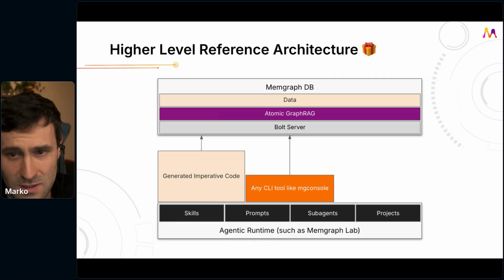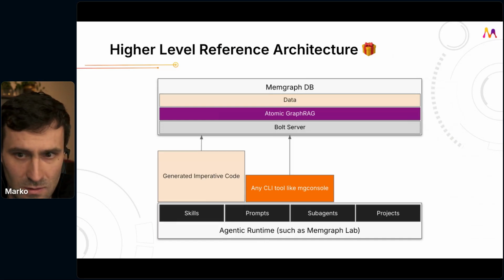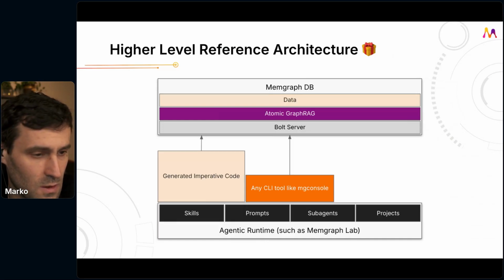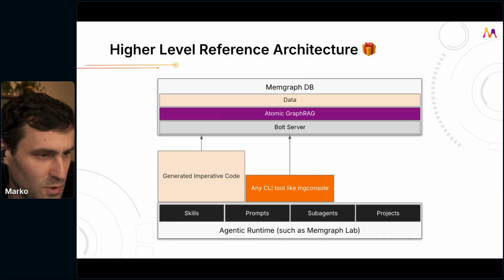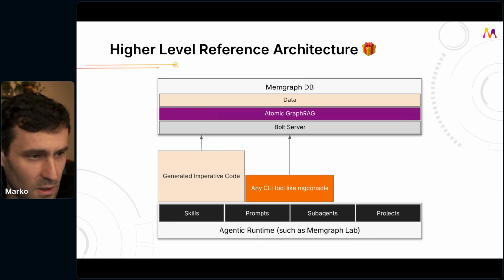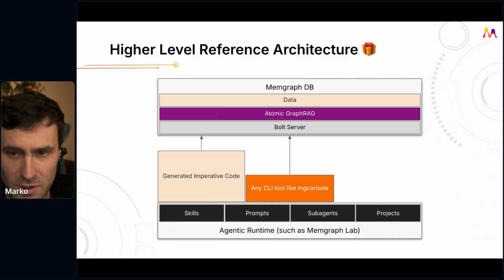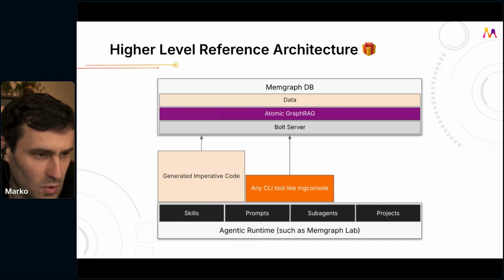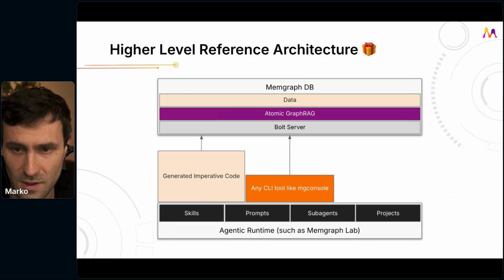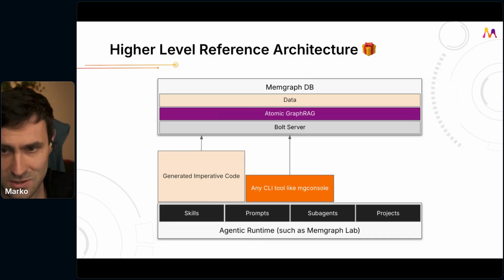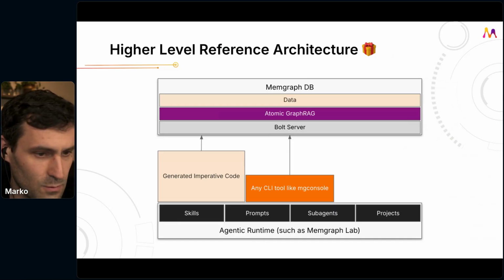That's slightly better because there is not much code to review, but it still takes a bit of the context, because kind of the whole agentic runtime has to be aware of the tool itself. Some of those tools can be learned. I mean, during the LLM training process, the tool usage can be learned. But that's not the case for all the tools, and tools change, and you have a bunch of problems there